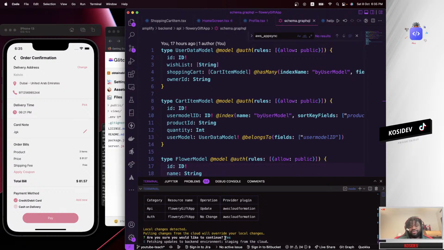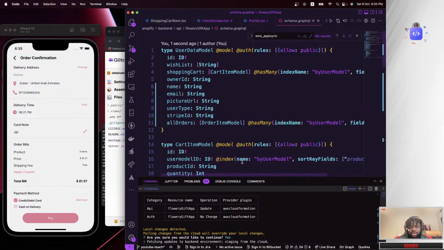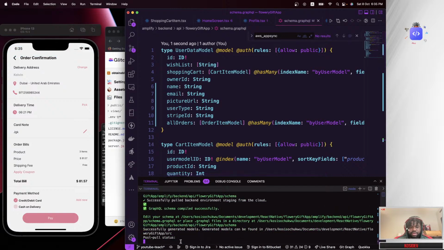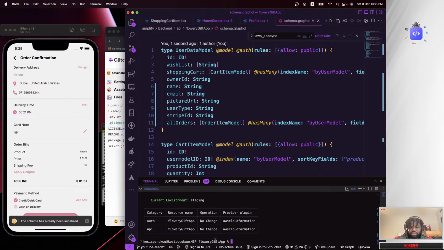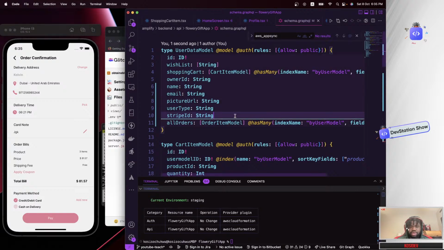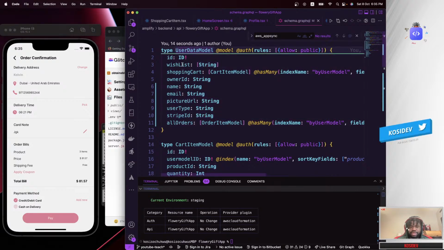The reason why I moved this out is because I had sensitive information on the code I'm trying to run. So I moved it out. So this will fetch our latest graph query data from our upstream. So that's what we're doing right here. Once that is done, yeah, cool. There we go. So you actually see the user data, and now we're having a stripe ID added to it.